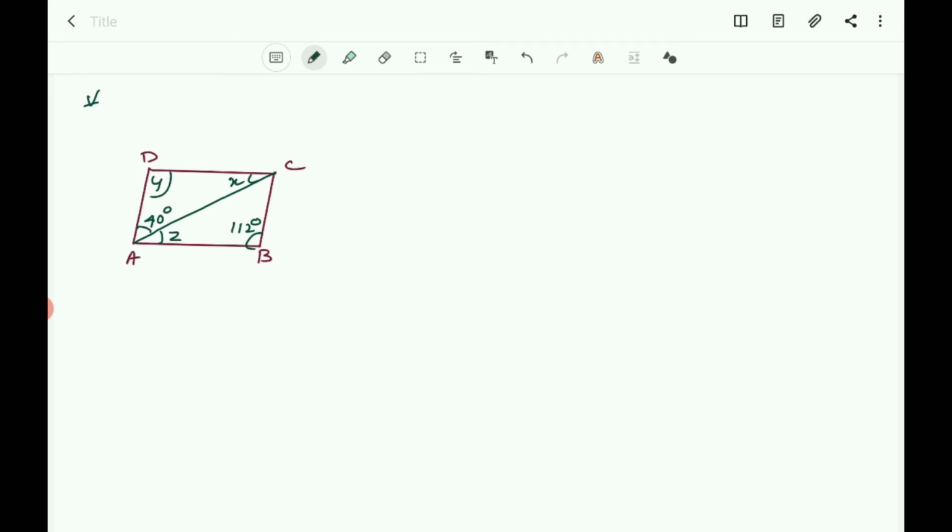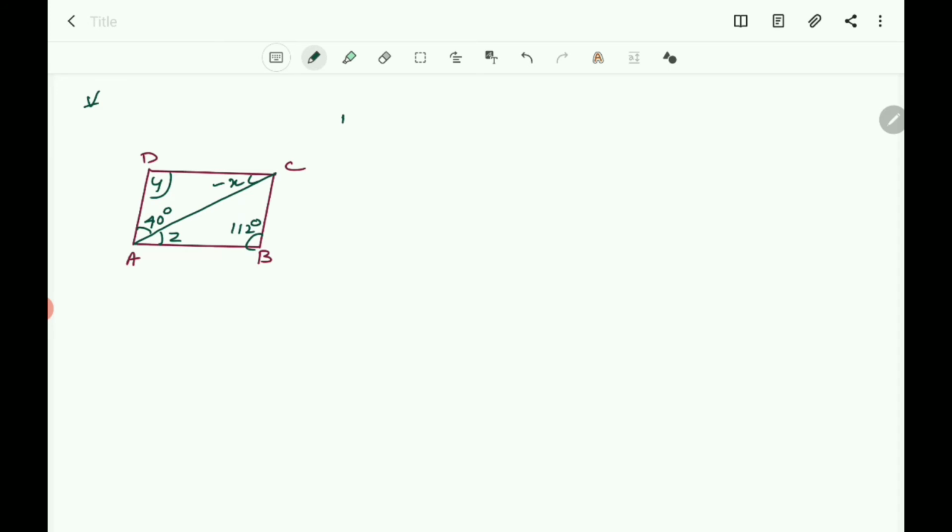They are the alternate angles made by the transversal AC. AC becomes the transversal of the parallel lines DC and AB. So the alternate angles made by the transversal of parallel lines are equal here. Otherwise, first you find the value of x here. How will you get the value of x? Or otherwise, by using the consecutive angles property or adjacent angle property you can get the value of z also.